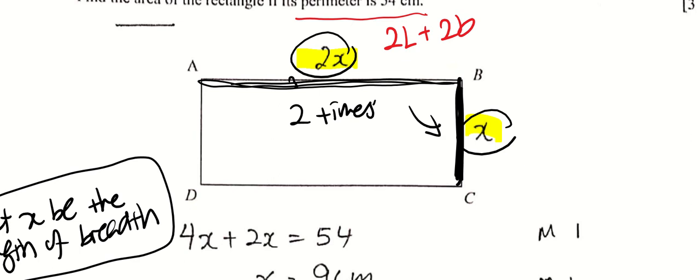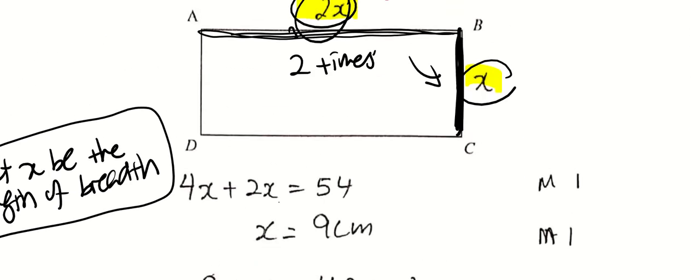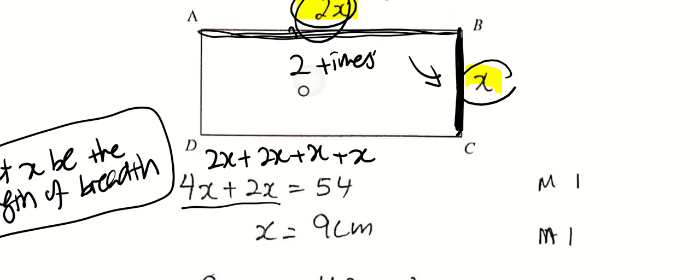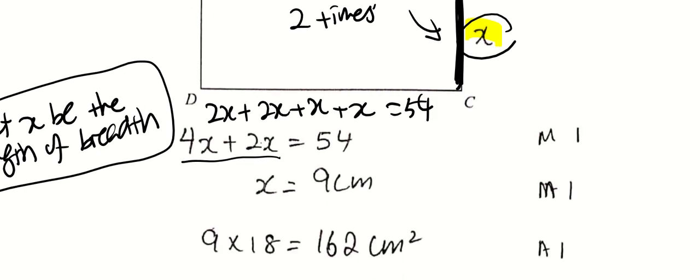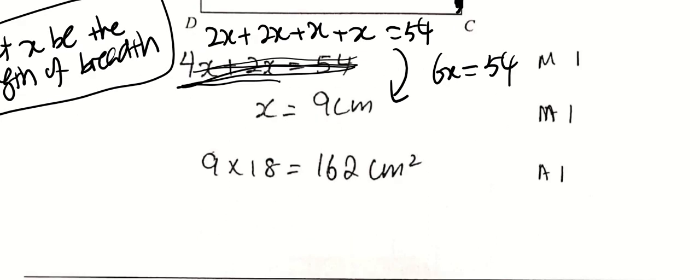two times of this, so it should be 2x. So you add up all the things together. So here is 4x plus 2x. Actually, it should be like the length plus the length plus the breadth plus the breadth, equals to 54. No problem. So you simplify this instead. So let's cancel this line. Okay, so there's a step here. So you simplify the left hand side, you should have 6x equals to 54, and x is 9 cm. Okay, don't forget your units, please. All right, x is 9 cm.